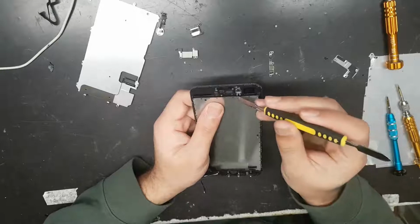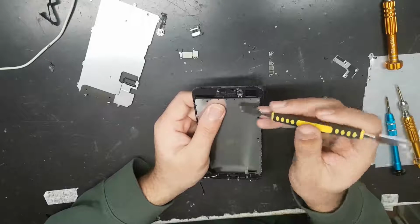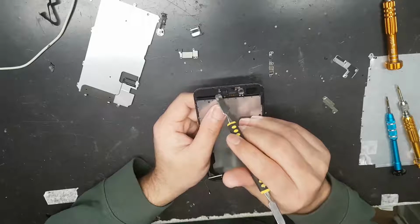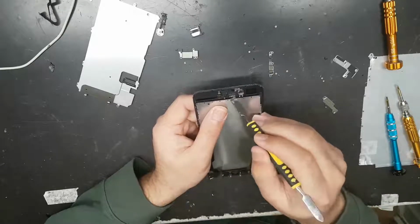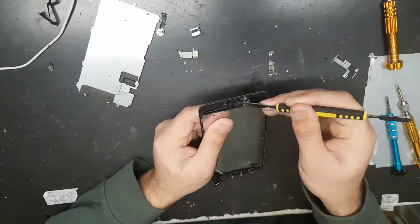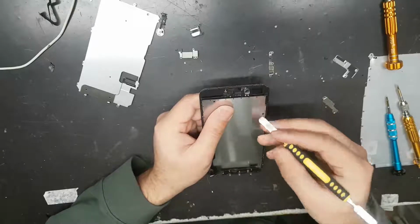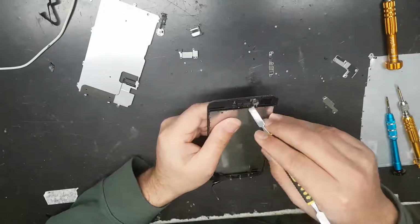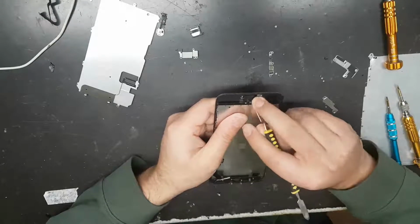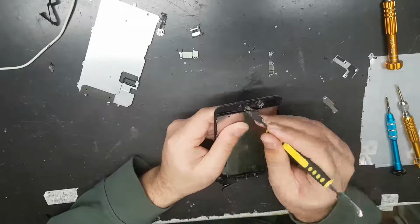This phone came with the problem that the speaker is not working whenever you make a call, like the earpiece is not working as well. What I found is that the connection with the flex was broken. So we'll remove this flex, because in this case we need to replace it with a new flex. This comes with the camera flex, earpiece, proximity sensor,